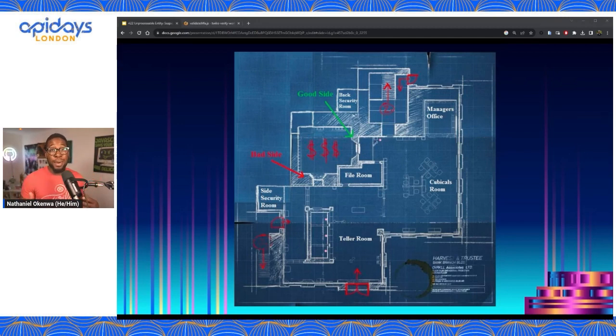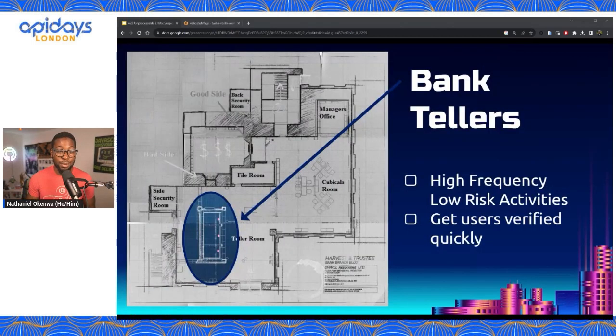Now, if we think about the whole bank as your application, the whole bank is secure. You probably have a security guard when you come in. You have CCTV covering everywhere. The bank itself is pretty secure, but even within the bank, there are different levels of risk tolerance. For example, the bank tellers who sit right at the front are where the high frequency and low risk activities happen.